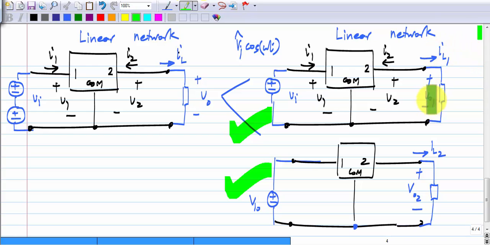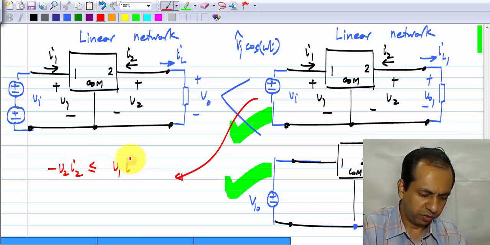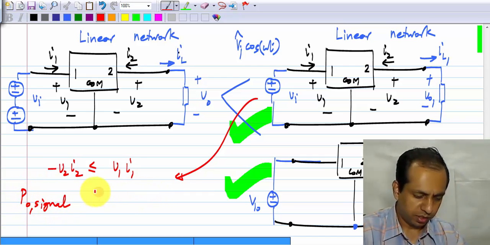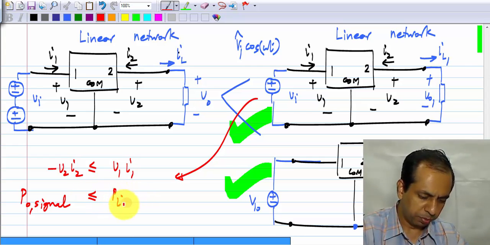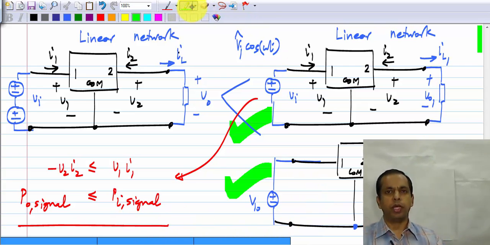Both IL1 and VO1 will be sinusoids, and their product is the power. In this case, we already know that minus V2 I2 is less than or equal to V1 I1. So, the output power due to the signal component is less than or equal to the input power due to the signal component. So, what it means is the following: if you have a linear network, even if you